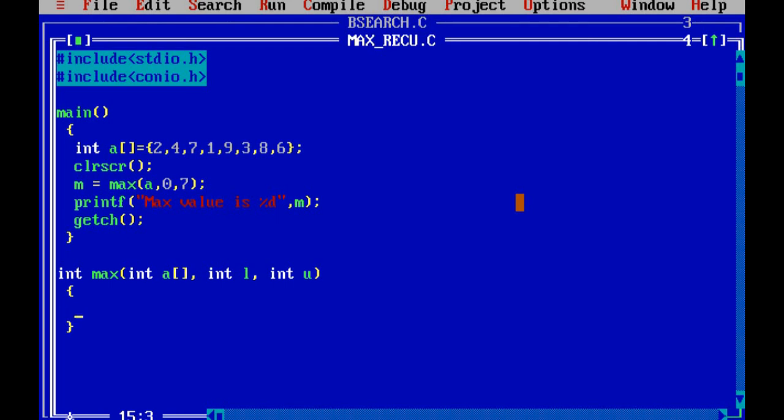That means dividing this max into many other parts must have a criteria, and that's actually the base condition for the recursion. So you must write: if L is lesser than U, then only you can think to divide it into two parts. That's why you can use M equals L plus U by 2.